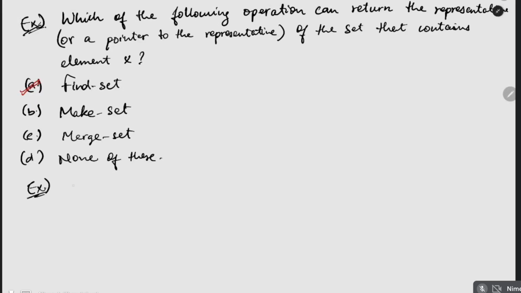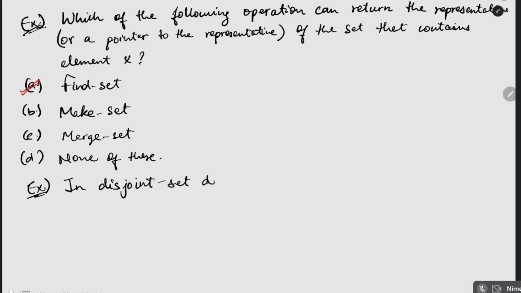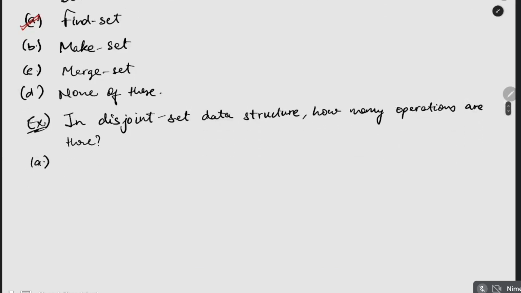Okay. Now again, next example in disjoint set data structure. How many operations are there? So is it two? Is it four? Is it three? Or is it